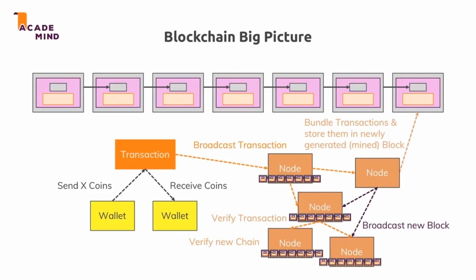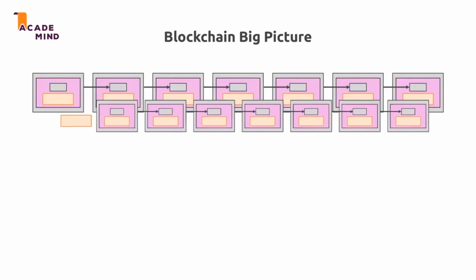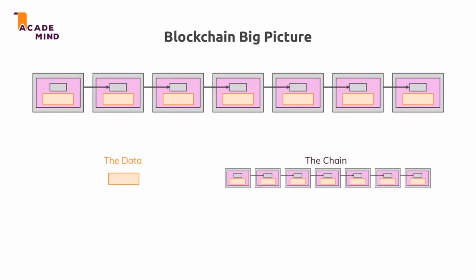And for that, let's leave out the node and transaction part and let's focus on the chain of blocks which contain data. Now that of course means we have two essential parts. We got the data and we got the chain. Now for the data in this module, we'll have a look at which types of data we can use in Python. Because no matter which Python program you're going to write, if it's a flight booking system, if it's your own search engine, or if it's a blockchain, you will work with data all the time. Data your user enters, data you read from some file, anything like that.